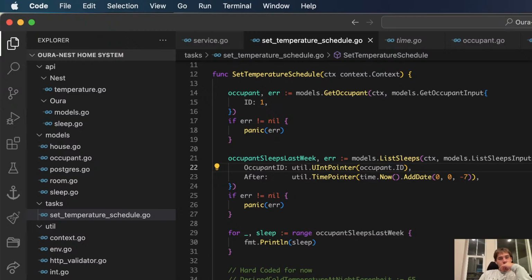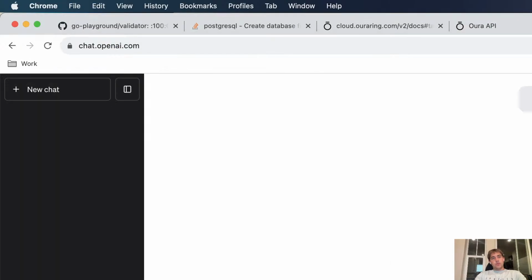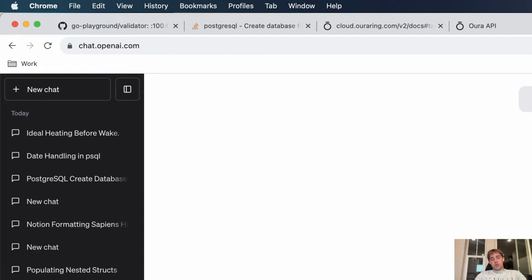Okay, so I think ChatGPT will come up with something good. Start with bedtime. An array of those strings.